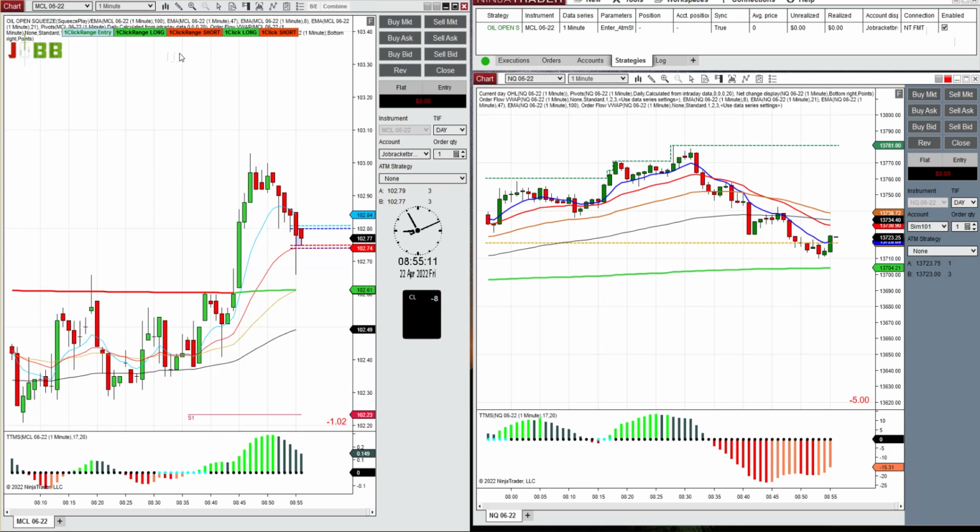So I'm just going to try to take the best signal today. That's all I'm going to try to do. I'm not thinking about direction. I'm not thinking about anything except trying to take the best signal. Trying to delay the first signal, because very often the first signal is a false signal. That's all I'm doing.